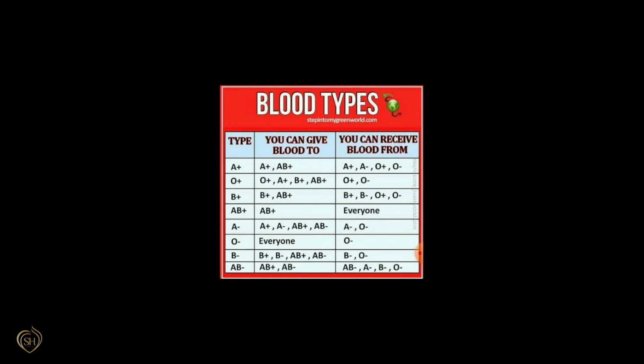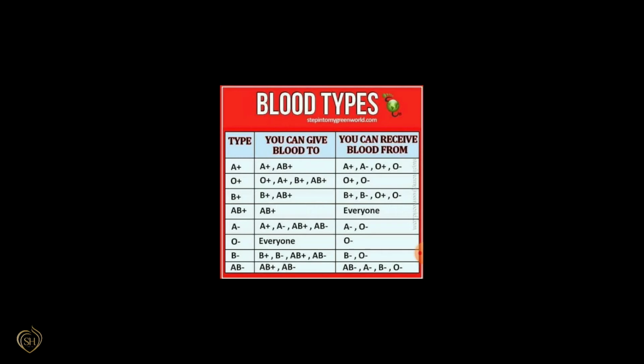Then look here, what about the negative blood groups? It is said that negative groups are rare groups. A negative can give blood to all negative bloods and at the same time the positive ones. Because the Rh factor is absent in the negative group, it can donate blood to the same positive groups. So O negative may be given to all other groups.